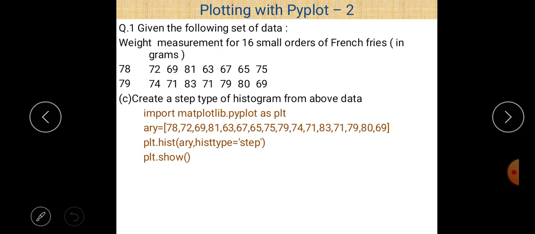Next question is part C, create a step type of histogram from the above data. So histtype is step in this case. For that purpose we use another parameter, histtype, and histtype is already given as step. So we just use histtype is equal to step, and all the other things remain the same.